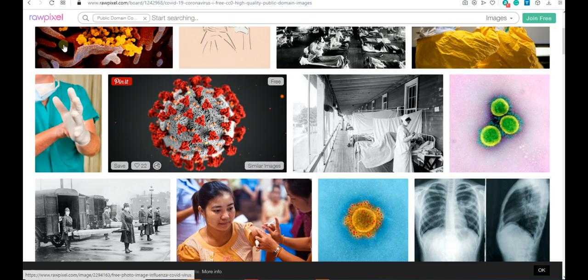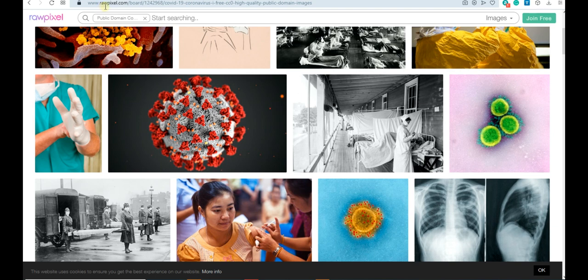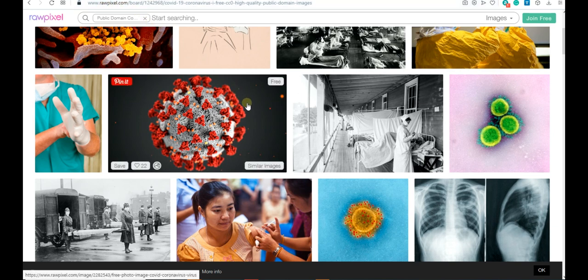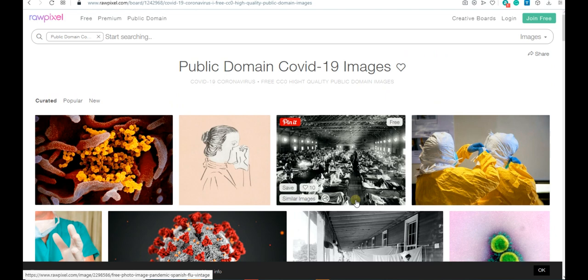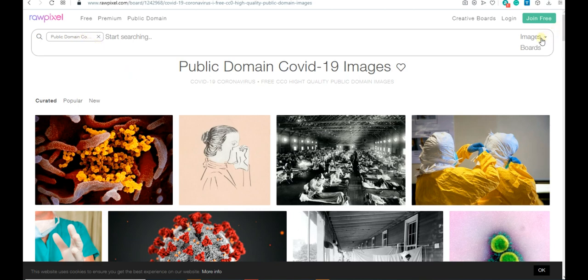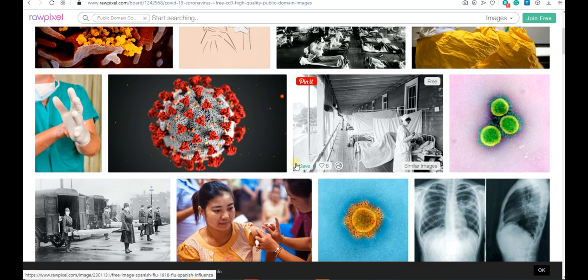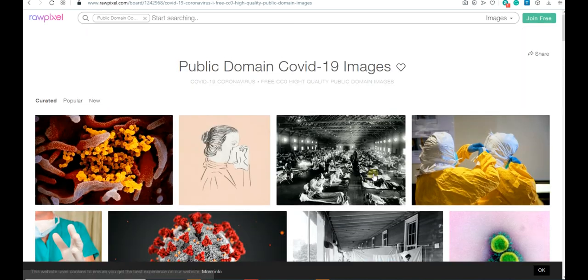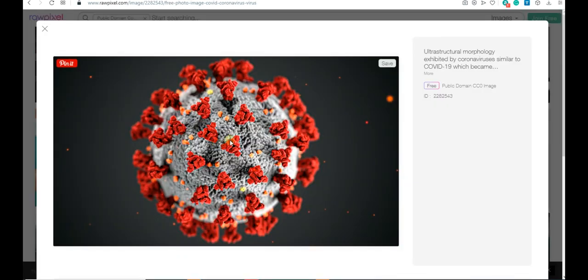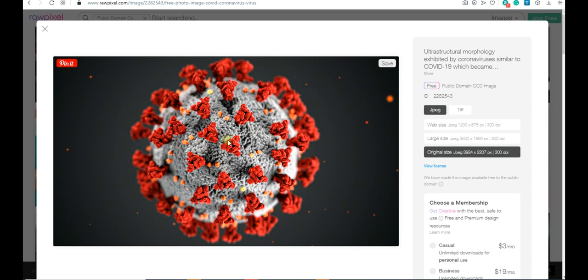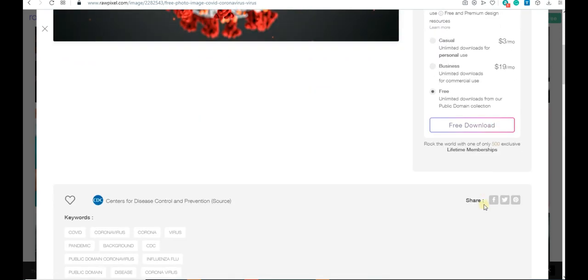So the next one is Rawpixel, www.rawpixel.com, and it has very good, high quality images if you want to start. You can just put public domain and search for whatever you want. There are images and also boards here, and it's written free CC0 high quality public domain images, and that's really cool. You can just search whatever you want, and for example, if you search for something like that, you can see it's a really high quality image, and it's a free public domain CC0 image, and you can just freely